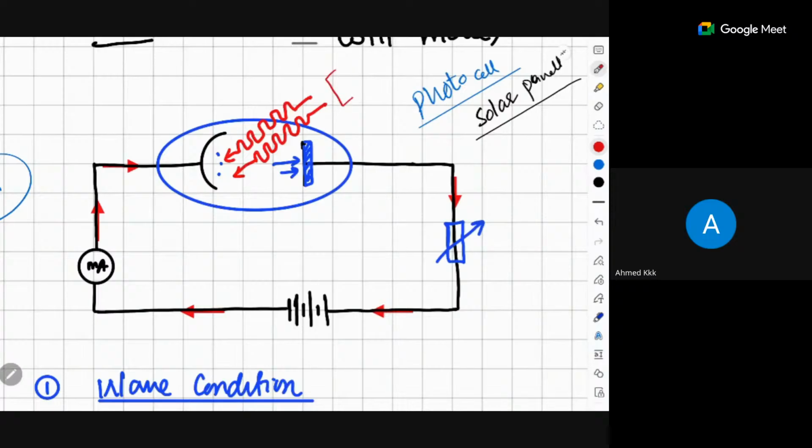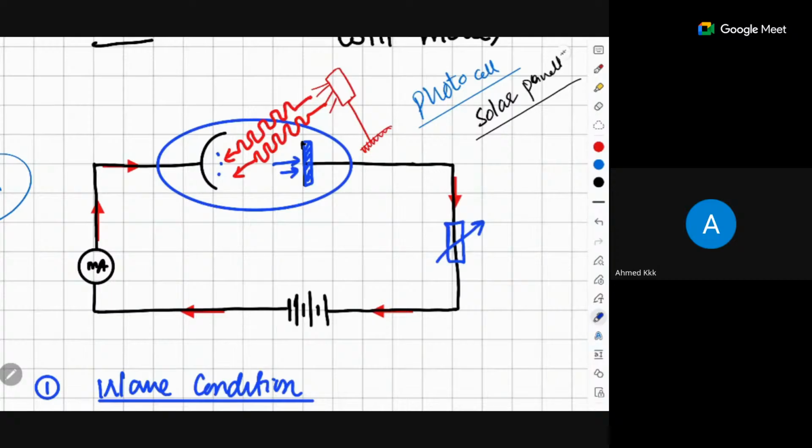Light, I mean, I can say that there is a lamp, and that lamp is able to generate light of different wavelengths and different intensities, and that light is incident on the metal. When that is incident on the metal, the electrons are released. These blues are the electrons liberated out, and those electrons reach this collector anode, and with the help of this